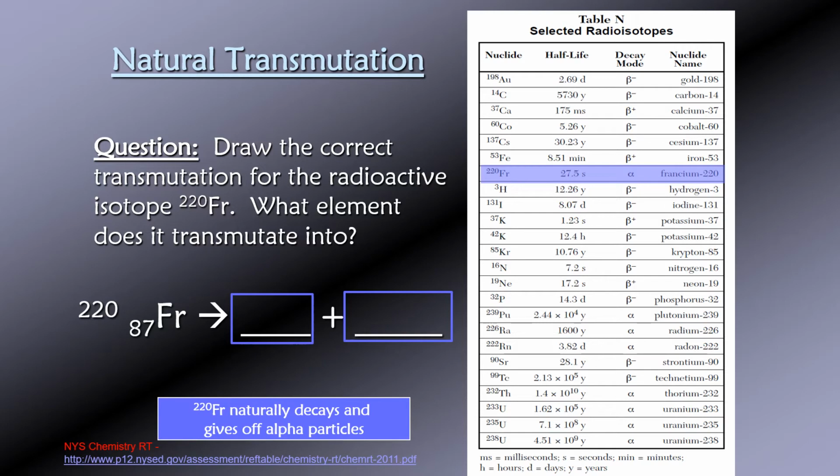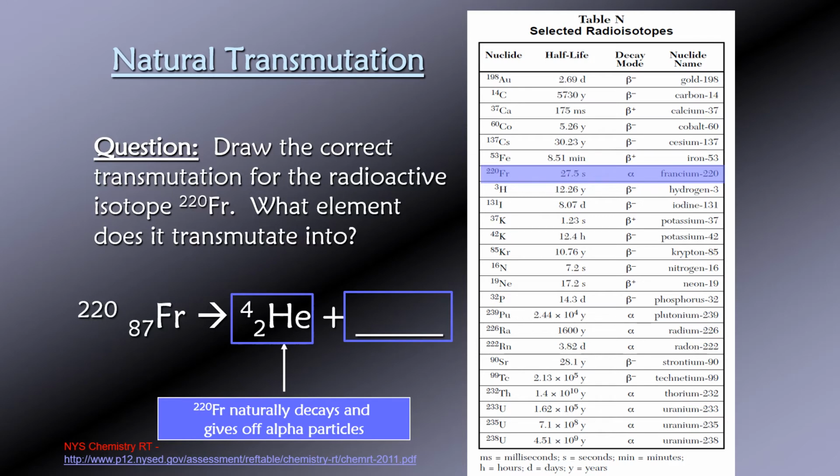And remember from Table O that an alpha particle looks like this. So this is helium with a mass of 4 and a charge of 2. Okay, now we are done with this one step. Now we want to figure out what francium converts into after it emits a helium, after it emits